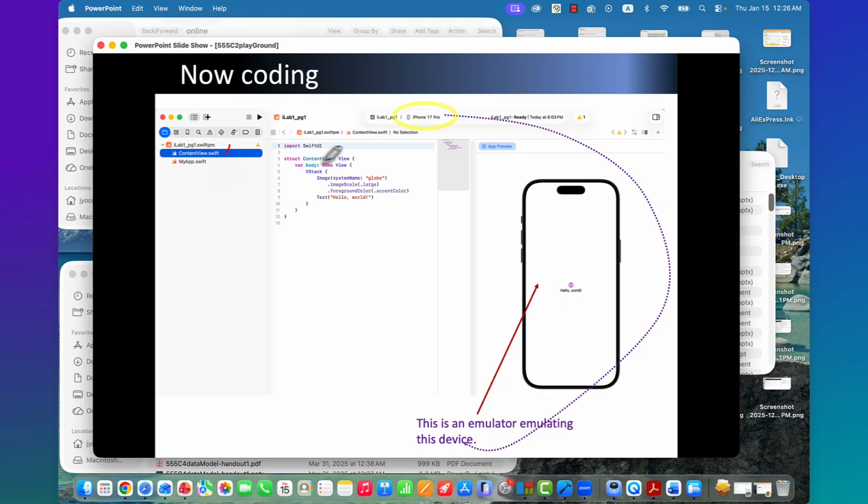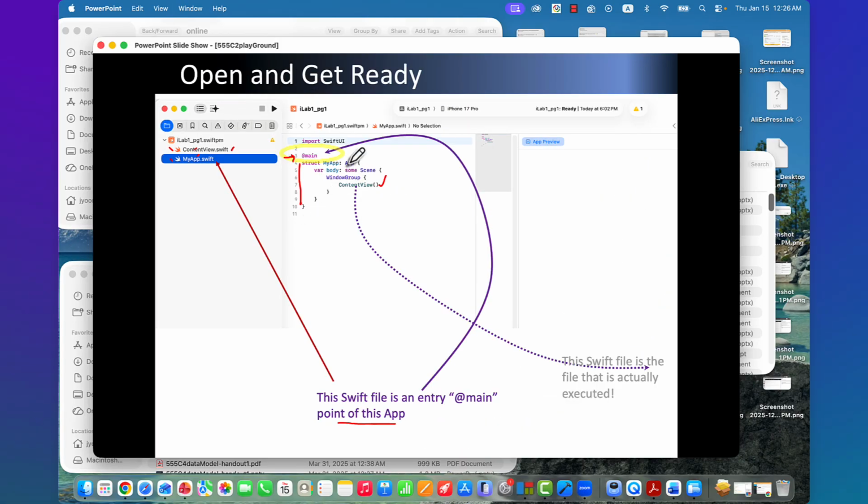When you come here, then finally, remember the previous one, it says app, right? What it does is a struct. Struct is a structure. This is a reserved word. So the name of this specific structure is my app.